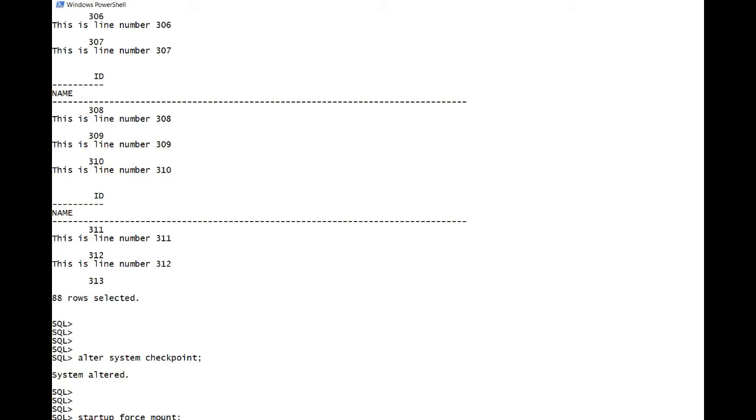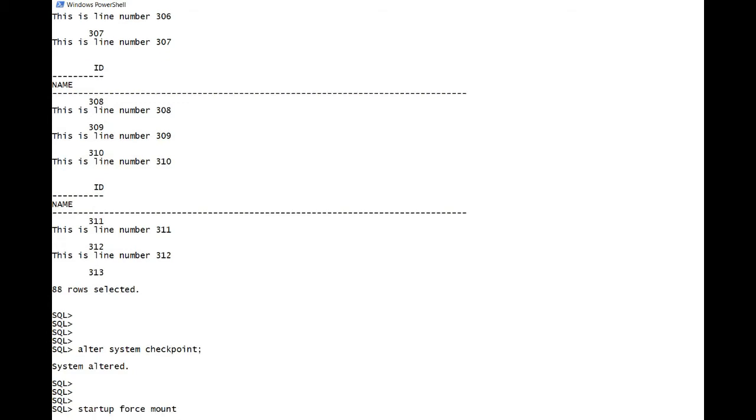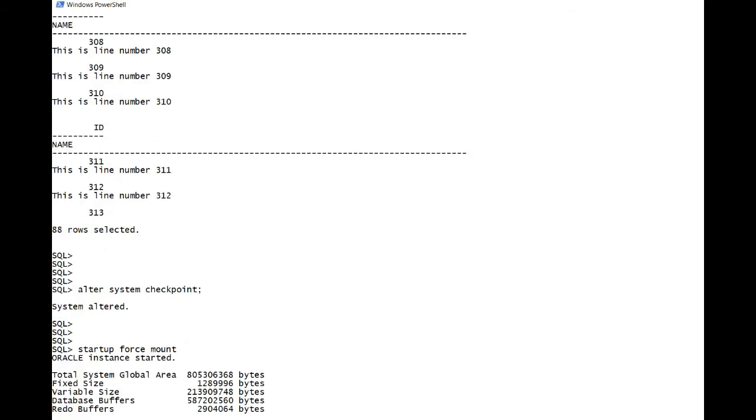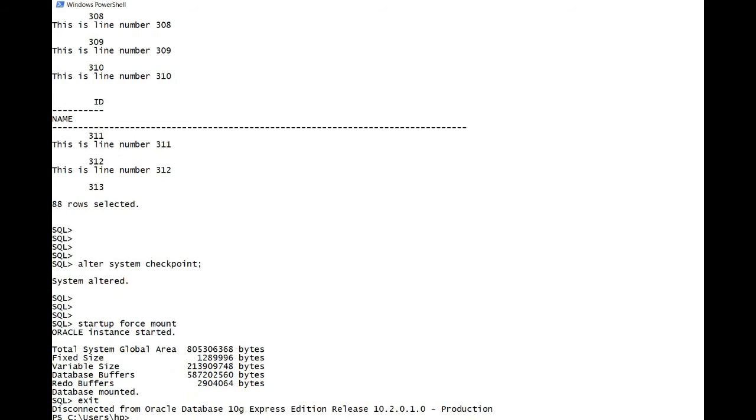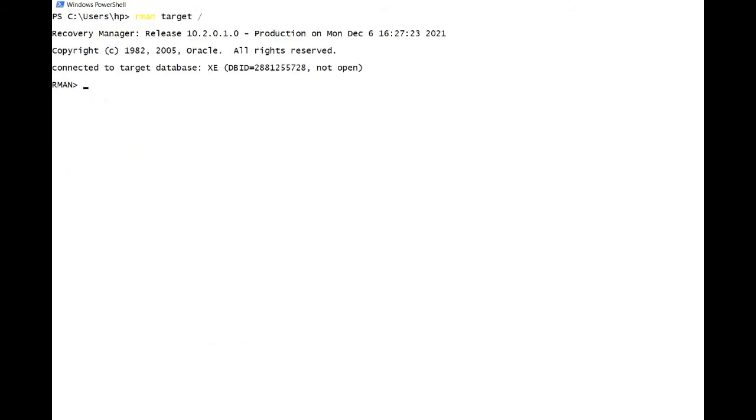Okay, so startup force mount. So now we are good to take the RMAN backup.